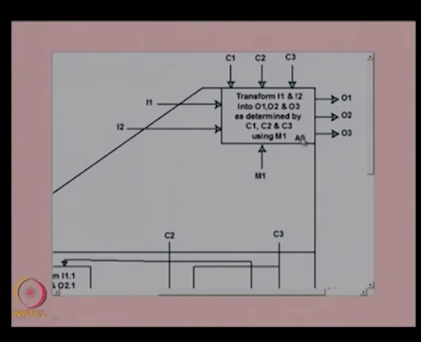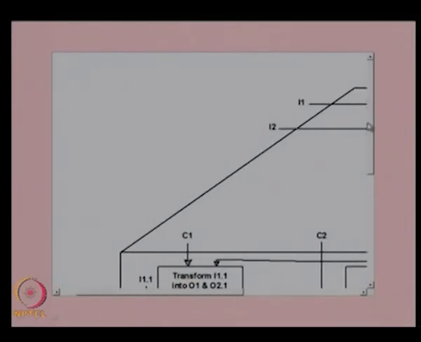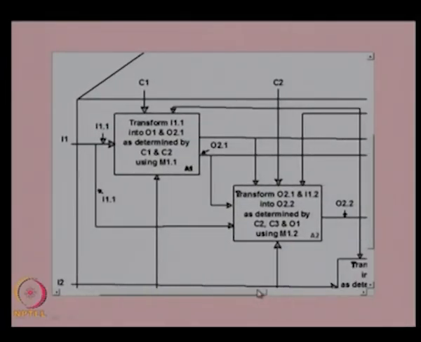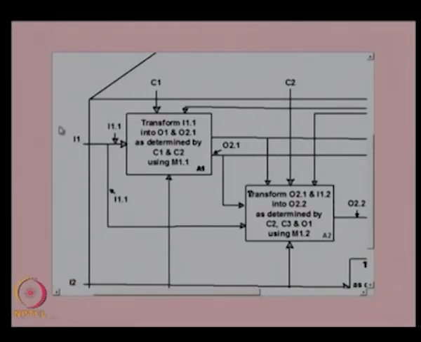So, that is the top level function A0, and then this A0 function is divided into its sub functions in the A0 diagram or the level 1 diagram. So, here we show the input I1 and C1, which is acting on the function A1, which actually transforms input 1 to output 1 and output 2.1 as determined by C1 and C2. So, using M1.1. So, this is the M1.1 mechanism, and then here you can see another function, this is A1 function, this is A2 function and this is